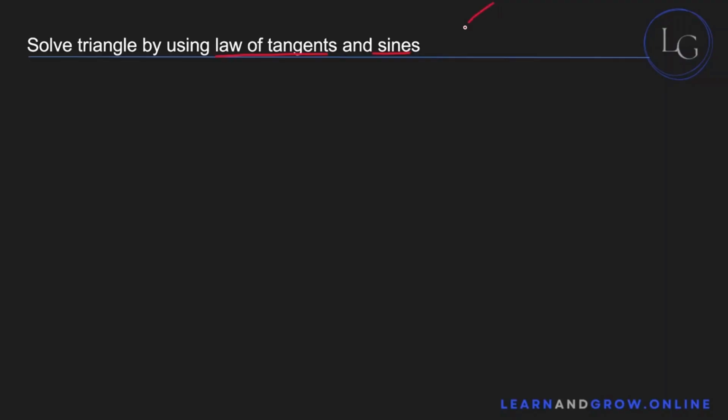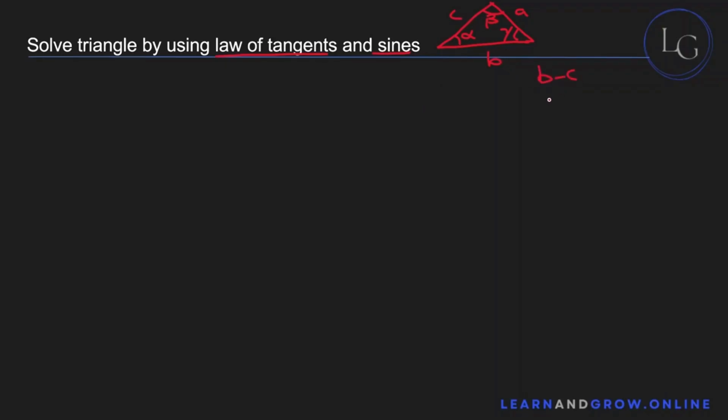So let's say you have this triangle over here. This is angle alpha, so the opposite side is A, angle beta, the opposite side is B, the angle gamma, and the opposite side is C. Now, the law of tangent says that, for example, if you had